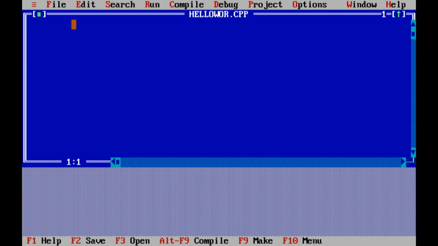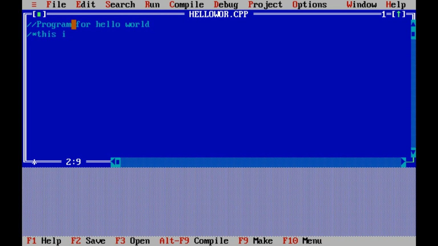So the first statement is the comment statement. It is optional. Double slash will indicate a single line comment. So: program for hello world. If you want to write a multiple line comment, if your comment is lengthy, there is another way. Slash asterisk will indicate the start of your comment.